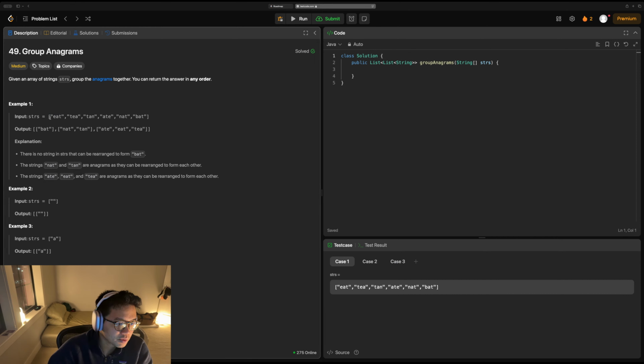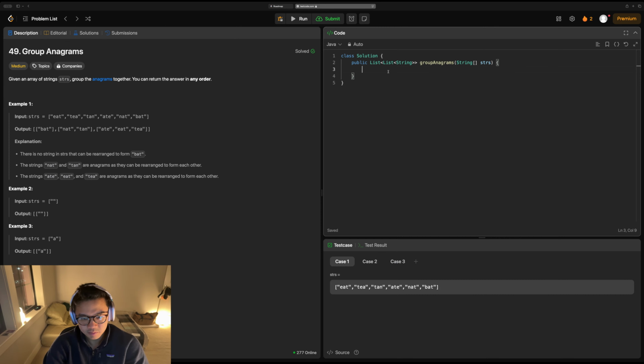And what we're going to do is iterate through each one of these strings, calculate the frequencies, add them into the hash map, and then I'm going to convert that to a two-dimensional list with the grouped anagrams. So here I'm going to create a hash map with the key as a string and the value as a list of strings, and I'm going to call it map. And then I'm going to iterate through all the strings in strs,